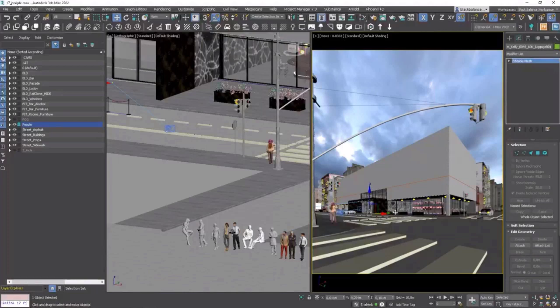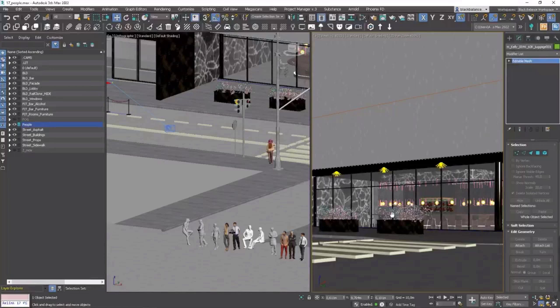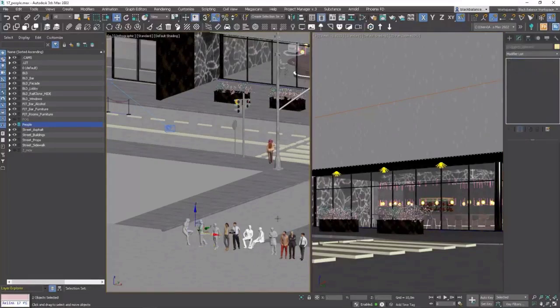I will start from the restaurant. I want to create some groups of people to create a natural look as in real life. And here it's important to combine sitting and standing people. Let's create an impression that they talk together.